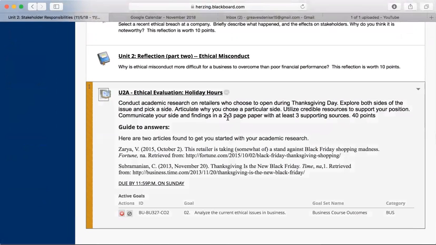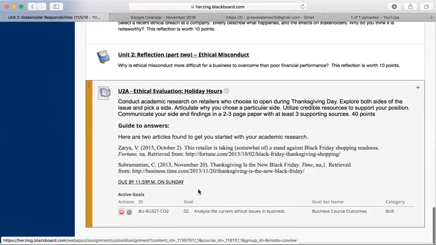Now, the assignment is 2 to 3 pages in length. You are going to articulate. First, you are going to decide, examine both sides in a paragraph or 2, examine each side, the negatives and the positives, and then you want to say why you decided to pick a particular side. Just make sure you're clear in your analysis.